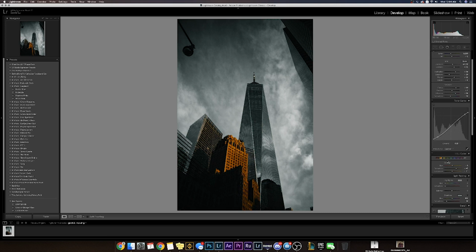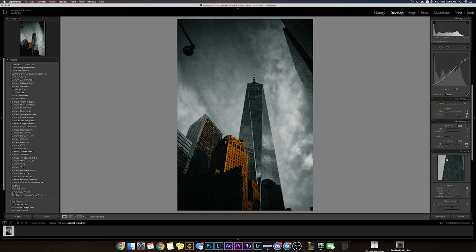But it looks pretty good to me. In my opinion, I feel like this is an Alen Palander post. So let's check out the before and the after. So this is the split. You can see that the blues are gone, the orange is more enhanced, it's more sharp, there's more clarity added to it.